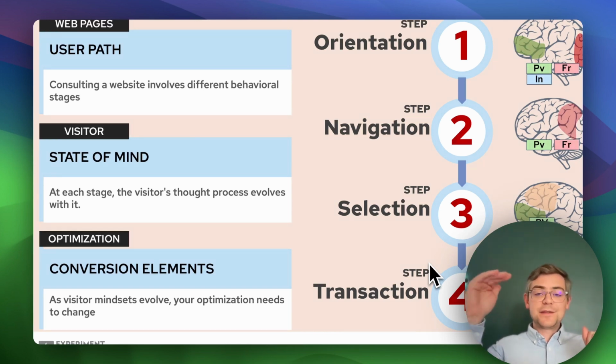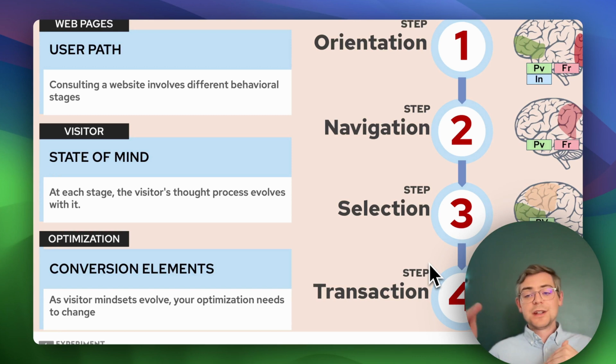At each of these different steps, the state of mind of the user is different. The first is validation, where am I? The second is navigation, I'm going to browse. The third one is selection, so I'm going to focus my mind on doing a short list. And the last one,